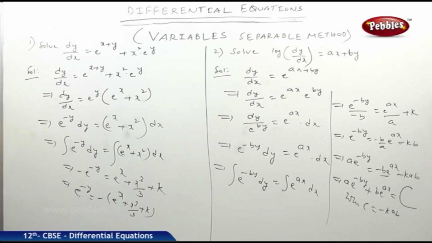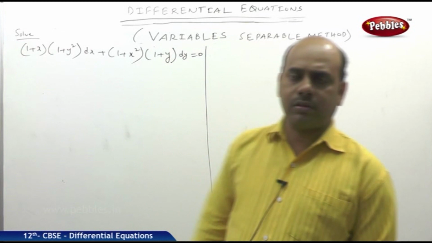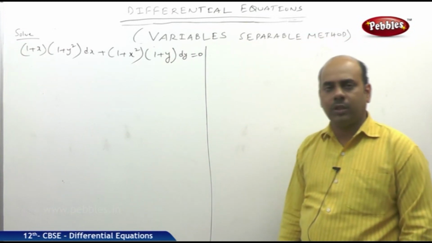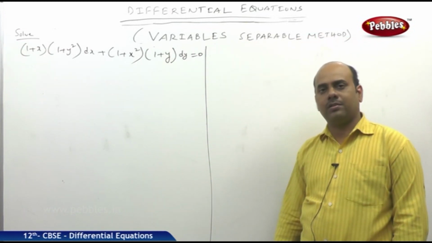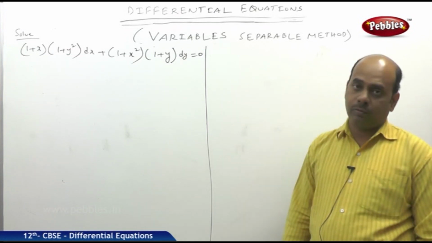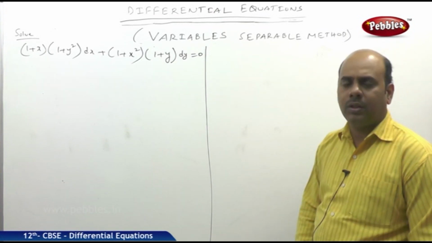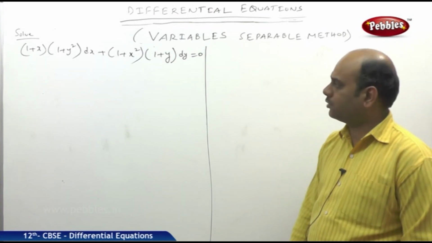Right, up till now we had seen very short answer questions on the problems based on the variable separable method. Here also there is a chance for asking for 4 marks as well as for 6 marks. So we shall be seeing some more moderate questions and very lengthy questions.